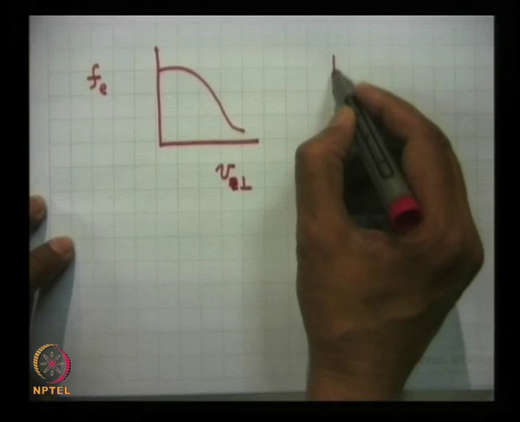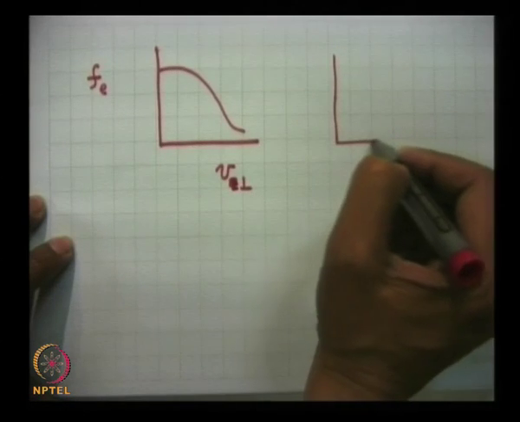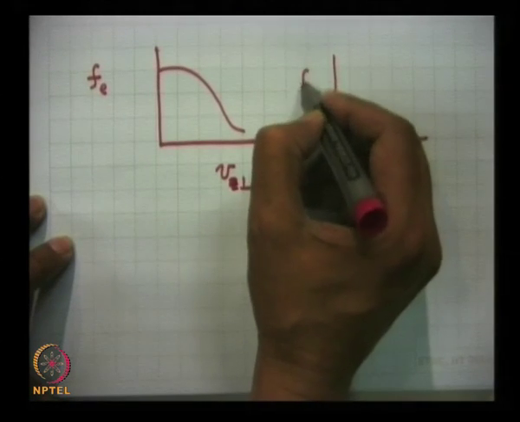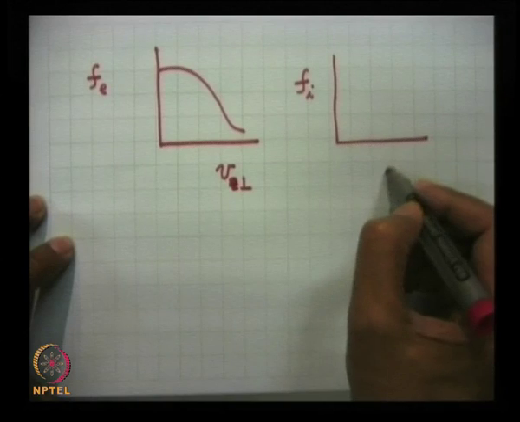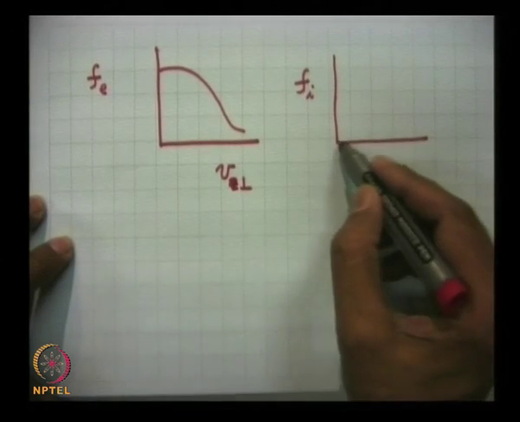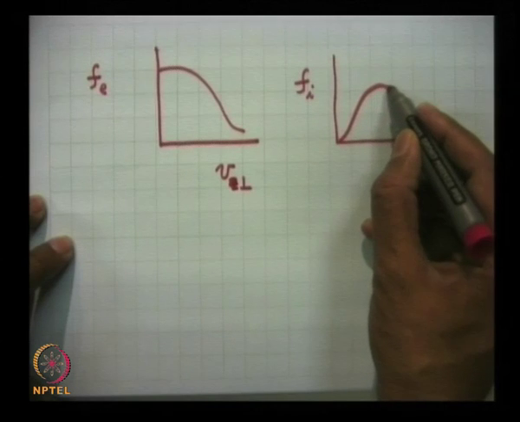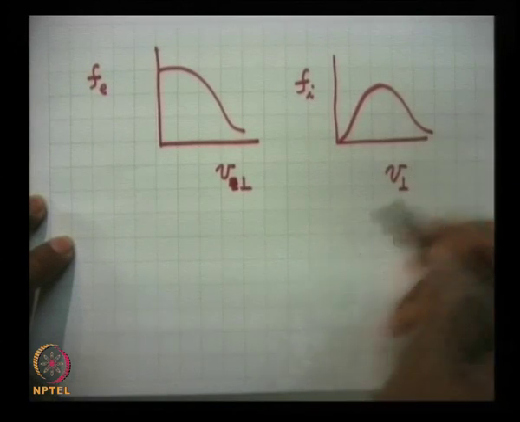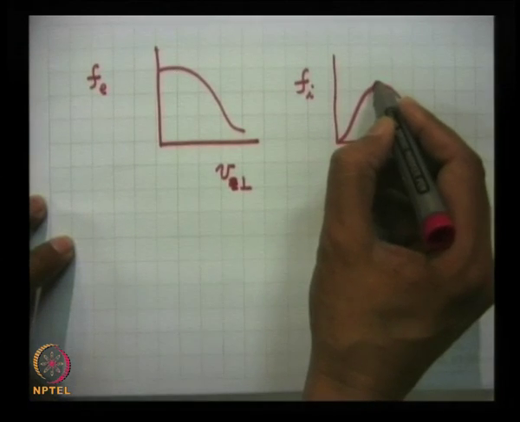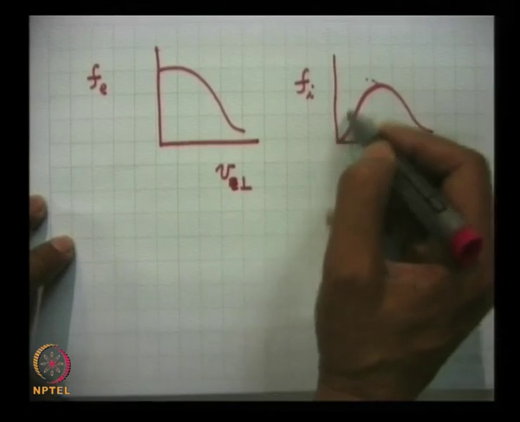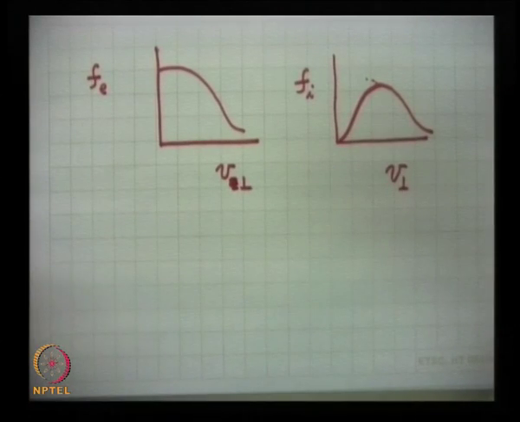If I plot a similar thing for ions as a function of v perp, at v perp equal to 0 it is not maximum, it is 0. This goes like this. So there is a region here in velocity space where particles are lost, and a system